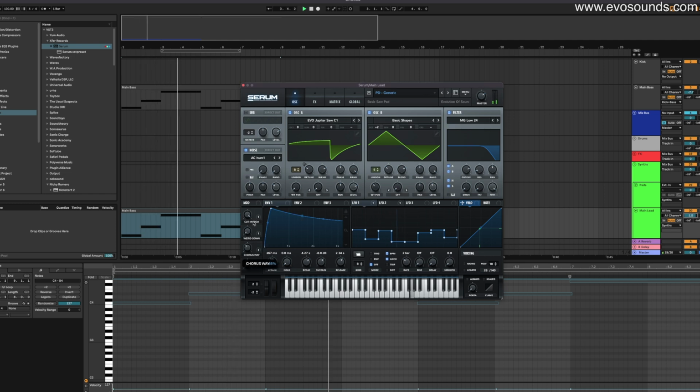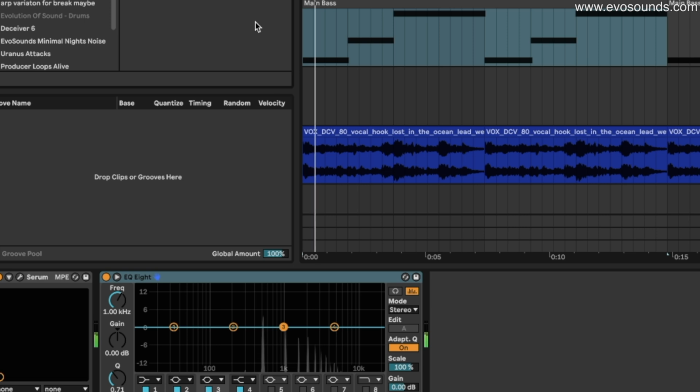I want to see if it's invading the space of the vocal. Now, if it is, this is where sound selection makes this easier, because all I really need to do is